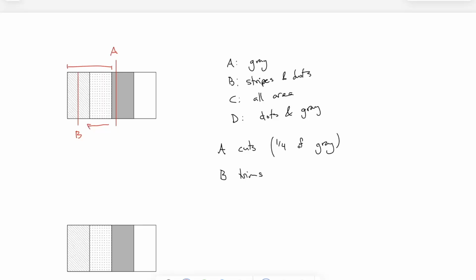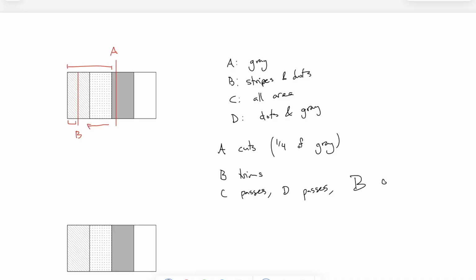At this point, C actually doesn't like that little piece on the left. C doesn't like that piece because it's less than 1/4 of the total area, and what C cares about is the total area. So B trims, C passes, and D passes. I mean, D really doesn't like that. D likes only the dots and the gray, and that has none of it. So D passes also,